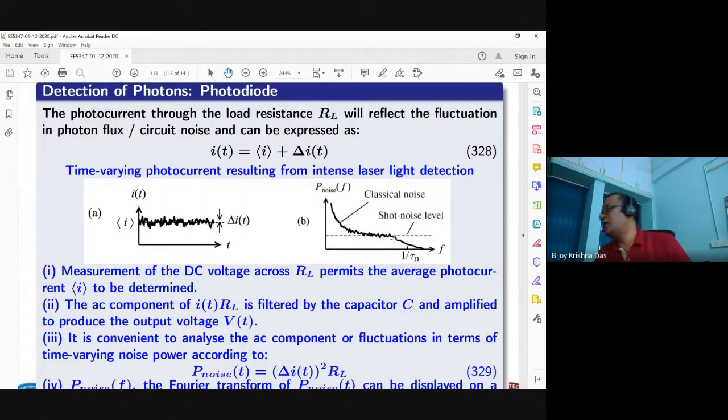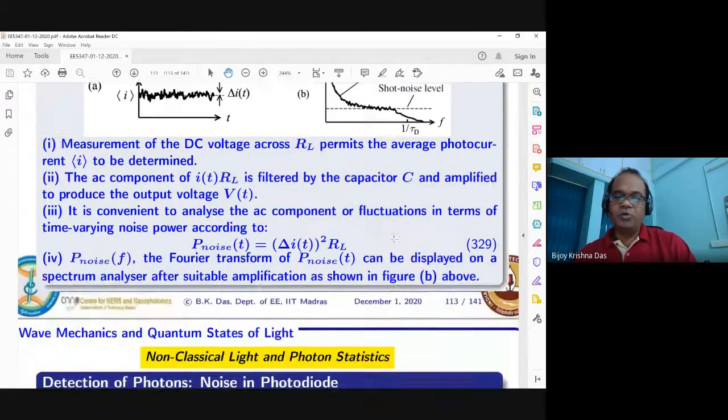So for any high speed communication, for optical on-off or any other communication beyond gigahertz, 1 gigahertz, 10 gigahertz, 40 gigahertz, the Johnson noise and classical noise are not so important, but the shot noise is. How much power is there, depending on that shot noise, and how to eliminate that, we can discuss.